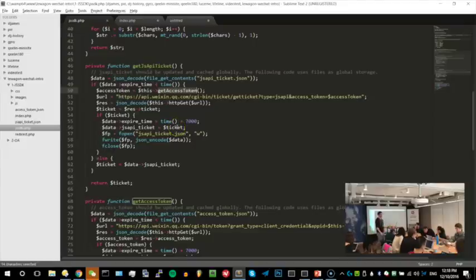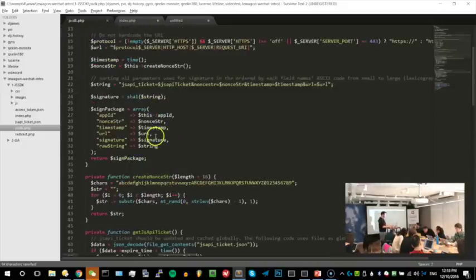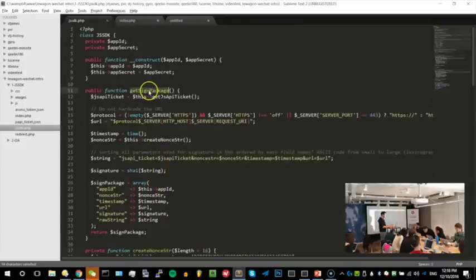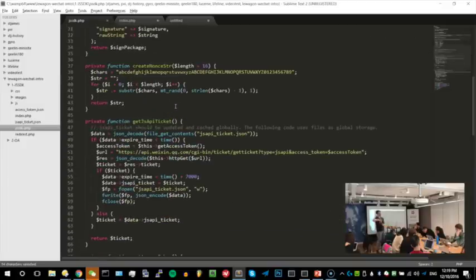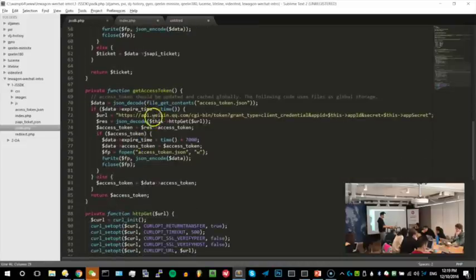It always changes every 2 hours. So ticket and token are changing every 2 hours, right? To sum up a bit, what's happening is we ask the sign package directly. The sign package is calling, give me the ticket. The ticket is coming back to another function telling, give me the token. Okay, so ticket is here, and now we're going to go to the token function that is here. That's pretty much it actually.